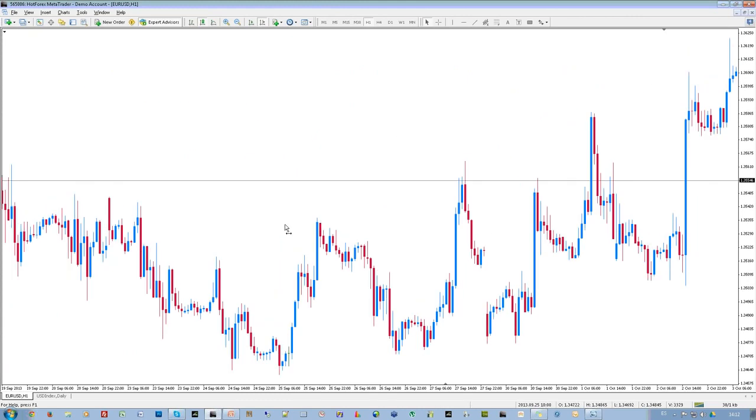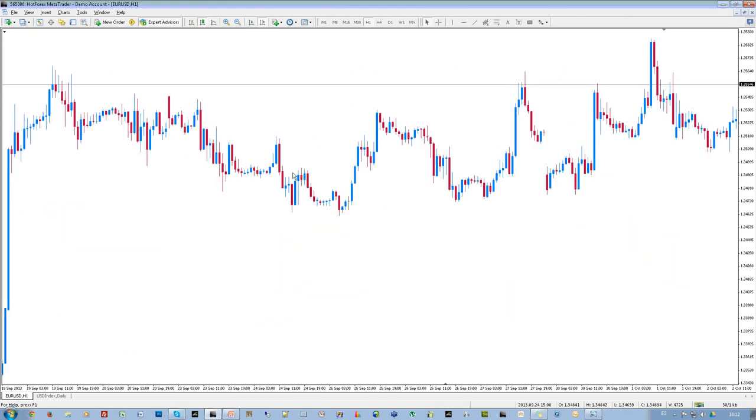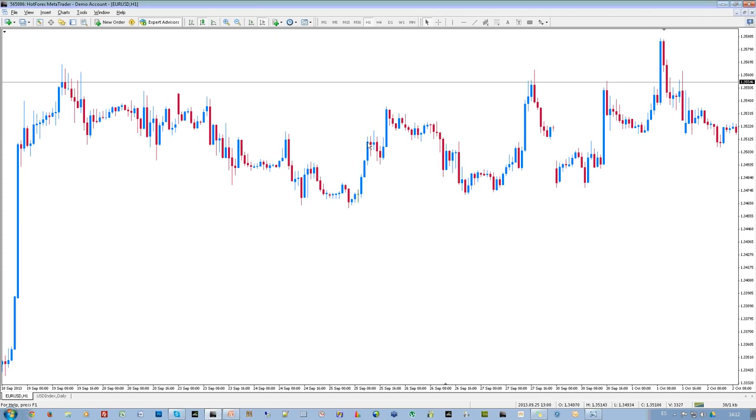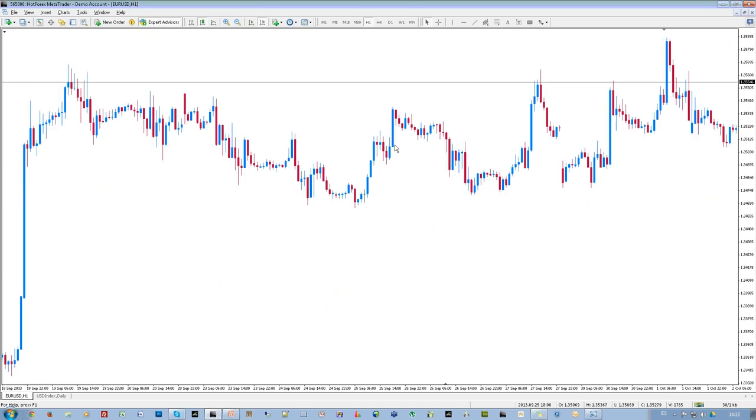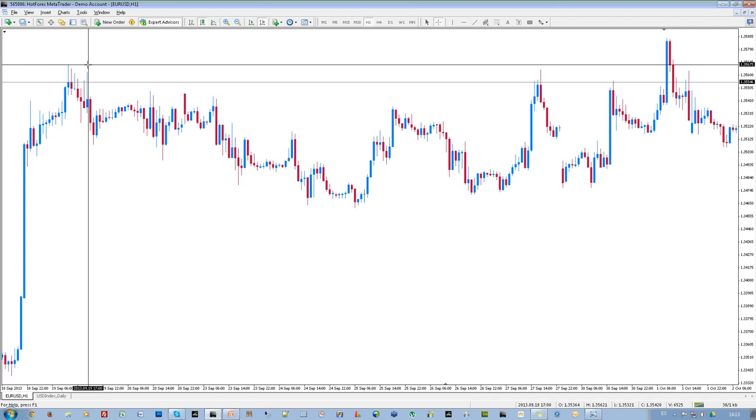So here we have other levels. Look at this: drop, base, and a rally, and then drop, base, and a rally. But look, these areas were not removed, so these levels are not valid anymore. I mean, they were potential levels, but I wouldn't even draw them. The automatic supply and demand indicator will probably draw them, but you should know that you can't take it,